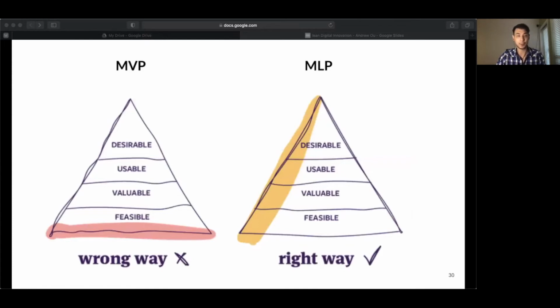This means you get your developers to hack everything together, build it without considering the user journey. The problem with this approach is that sooner or later, you always need to pay for it months down the road. And that's because while it's a feasible product, it's not lovable. So that means your customers can use it, but many will struggle with it, sometimes even quit or wonder if there's a better alternative out there. So here we have the MVP, it's just feasible. With the MLP, we want it to be feasible, valuable, usable, and desirable.